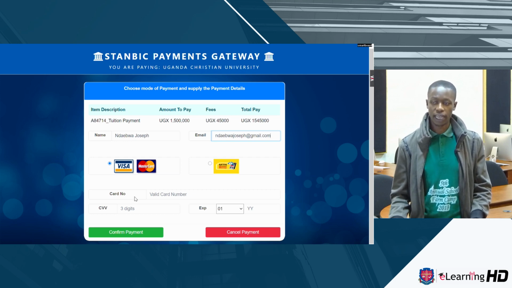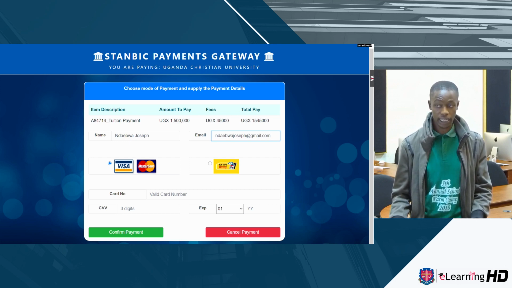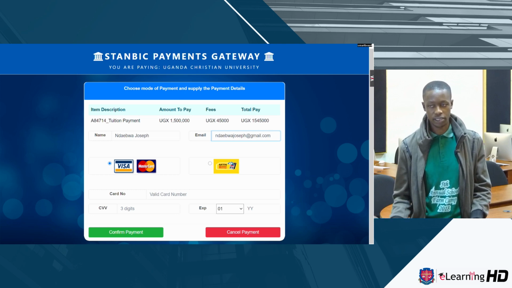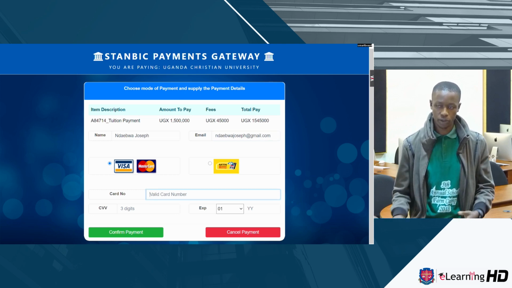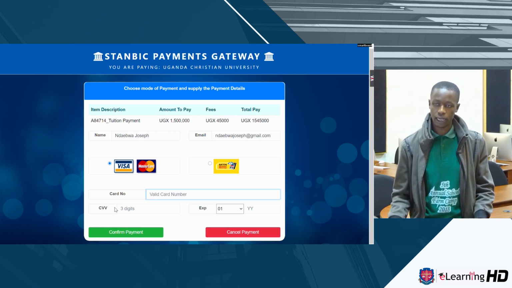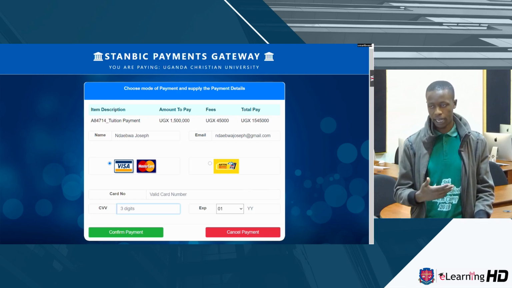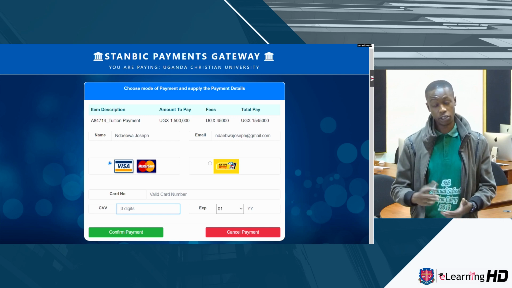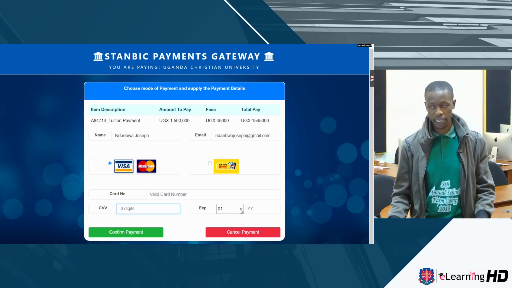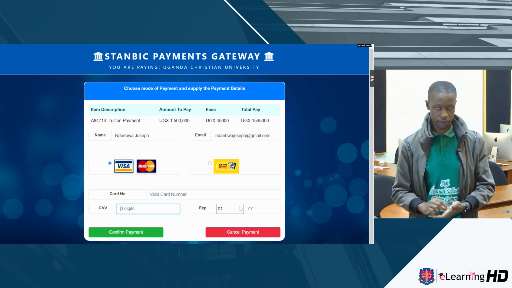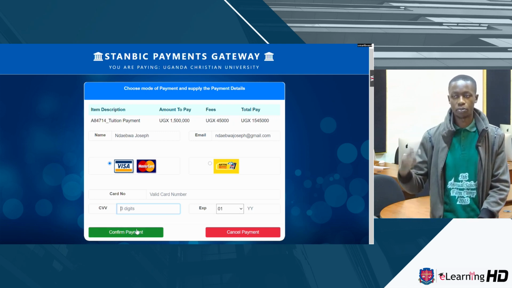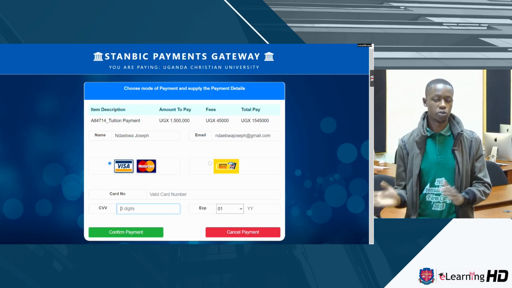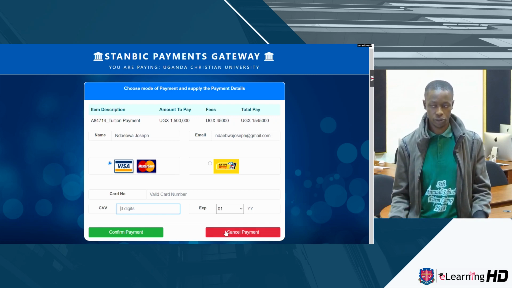And on picking that, enter the details required here. If you've done any online transaction, you should be able to do that. So here they need the card number. It's normally on top of the Visa card. The CVV is right behind your ATM card. The expiry date is also just on top of the payment card. So after that, just click Confirm Payment, and your payment will be processed, and you'll be redirected back to the